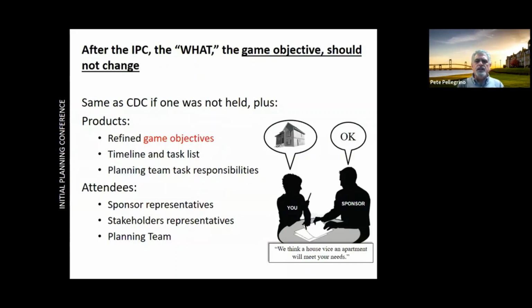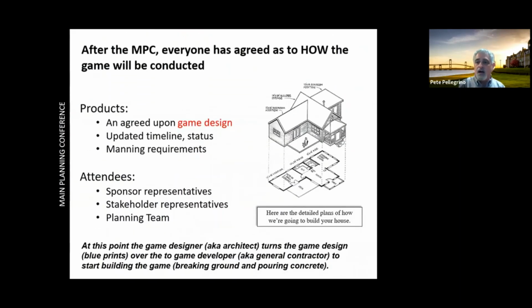And this is where you're really going to start to get the objective nailed down at the IPC. Coming out of the IPC, you as the game designer need to understand the objective now. What end state is it I'm trying to get the person to? We started off with they have a problem, they don't have housing, and we've decided that there's a lot of ways to solve a housing problem. But through conversation we've narrowed it down that what they need is a house, not an apartment, not a tent, not an RV. We're going to build them a house. And everyone's going to go, yeah, okay, I'm good with that. We're going to build a house. Roger. We're going to step forward now with designing a house.